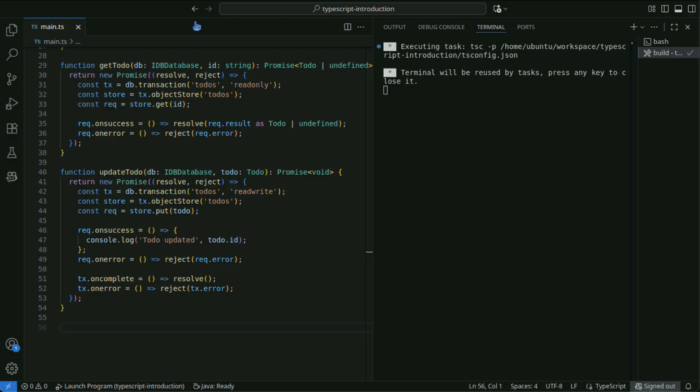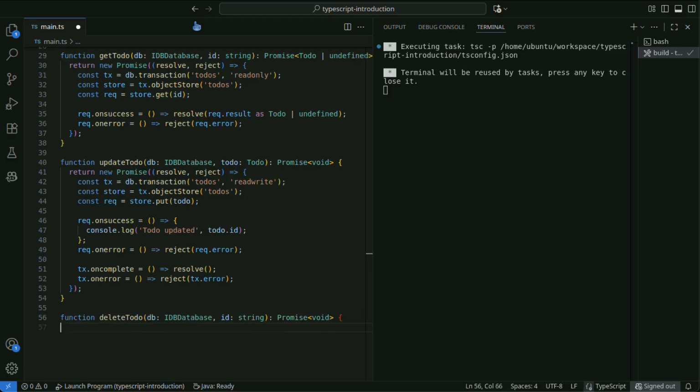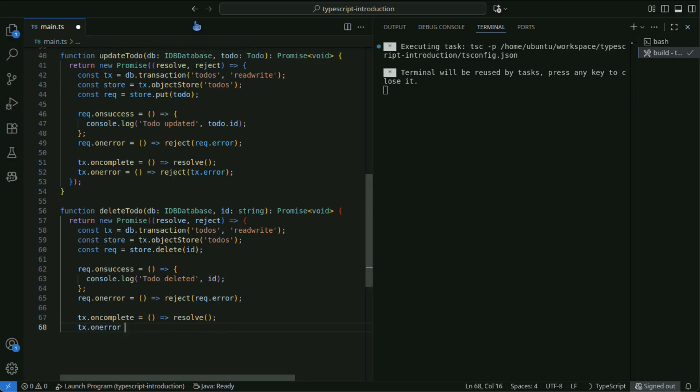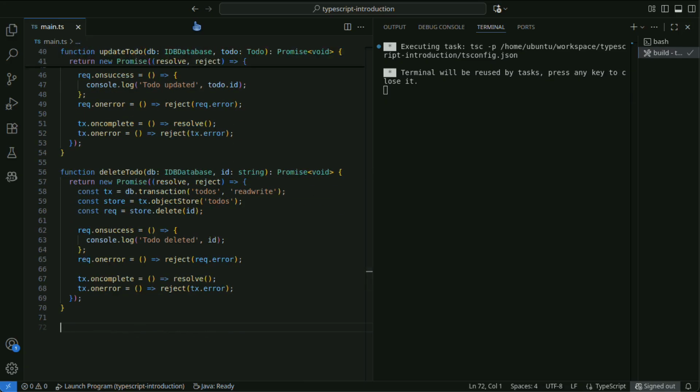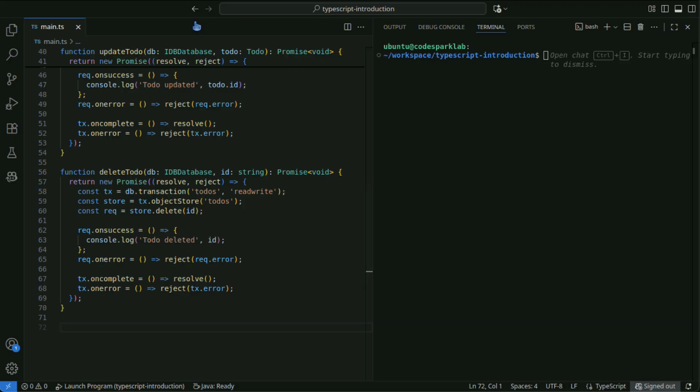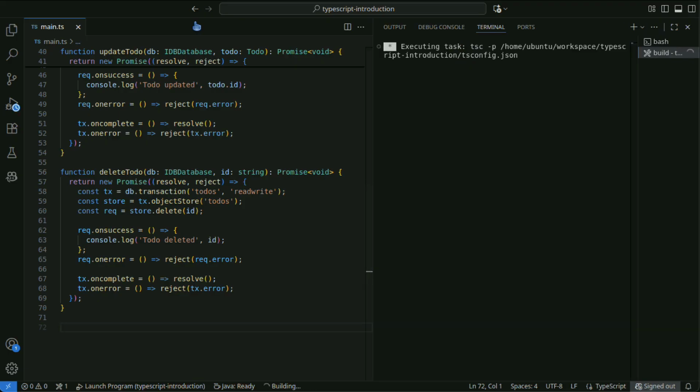This function updates existing to-do data. On success, the ID of the updated to-do is logged. This function deletes the to-do with the specified ID.